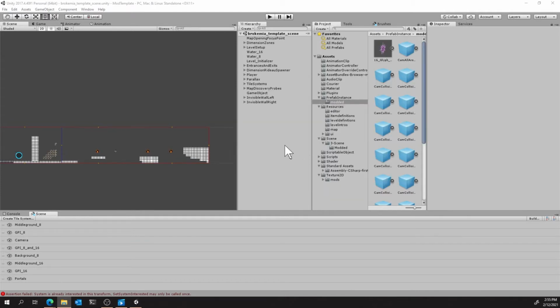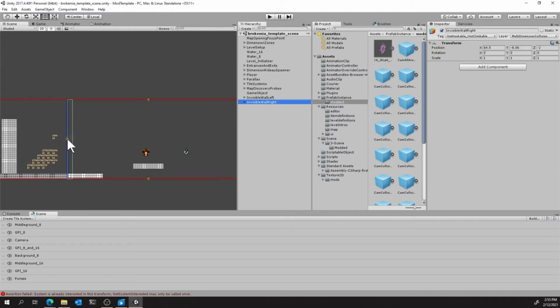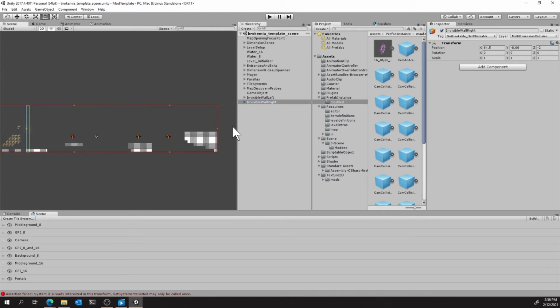Alright, something I just realized we forgot to do. There's an invisible wall to the right here. This will stop us from reaching the new parts of our level. So, a couple things I can do. I can just delete it, which will allow me to walk off this edge, which is not what we want. And another thing I can do